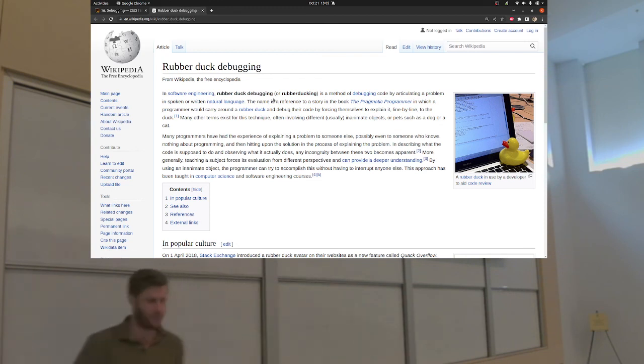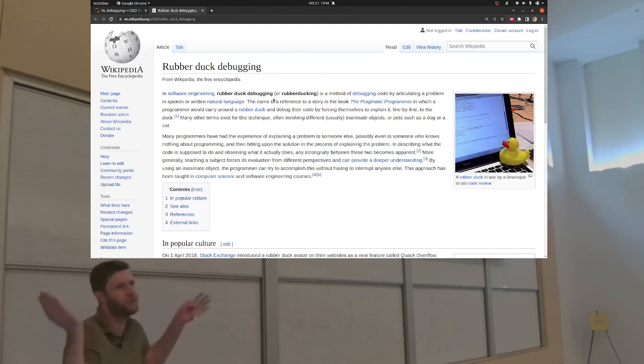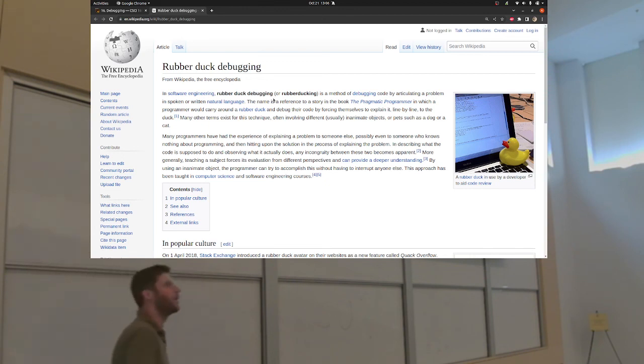If you go to a programmer's desk, there's a good chance you'll find a little rubber duck on their desk. Not because it's necessarily what they're doing, but because it's kind of a little bit of a mascot for debugging. So rubber duck debugging: explain your code line by line. I can tell you the number of times I've been like, my code's not working, I've been trying to debug it for half an hour. And I'm like, look, buddy, can you just come sit? I need to explain. And I start explaining my code to them, and they haven't said a word. But as I'm explaining my code, and then, in this line, here it goes,